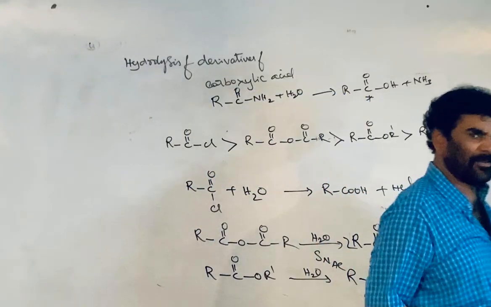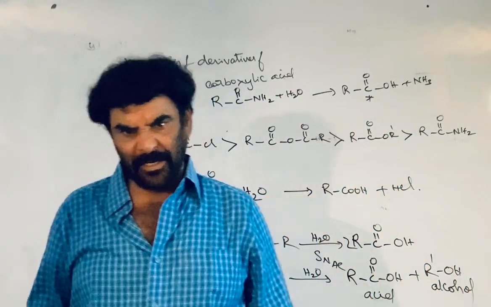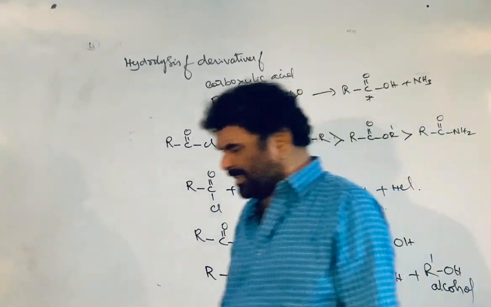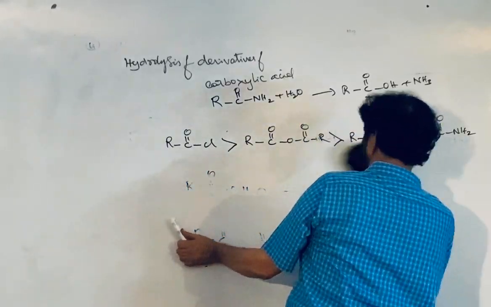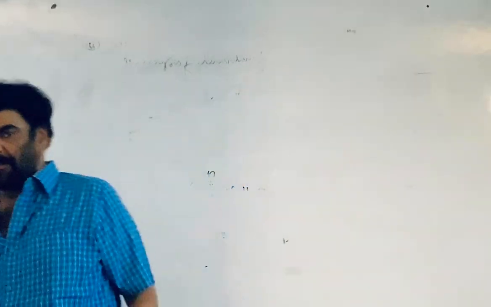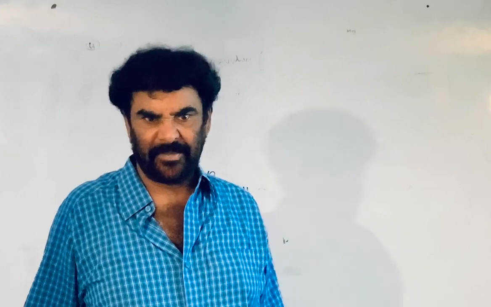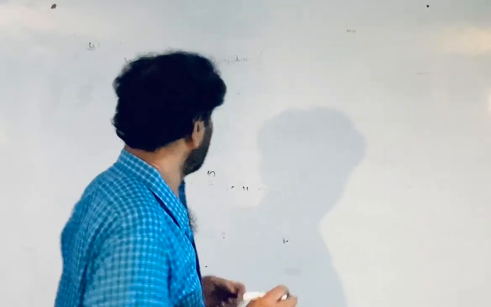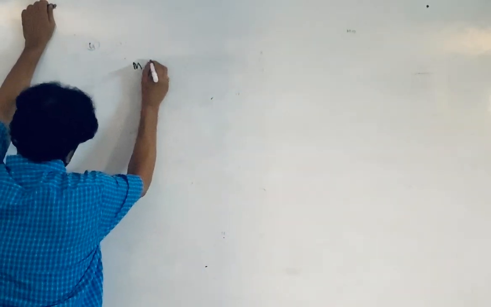So all the derivatives of carboxylic acid, which we discussed in detail, these are the important reactions of carboxylic acid. There is another procedure that we have not discussed, the malonic ester method. This is called the preparation of carboxylic acid. This is a new reaction, altogether new, like the Gabriel phthalimide synthesis. So that is the malonic ester method.